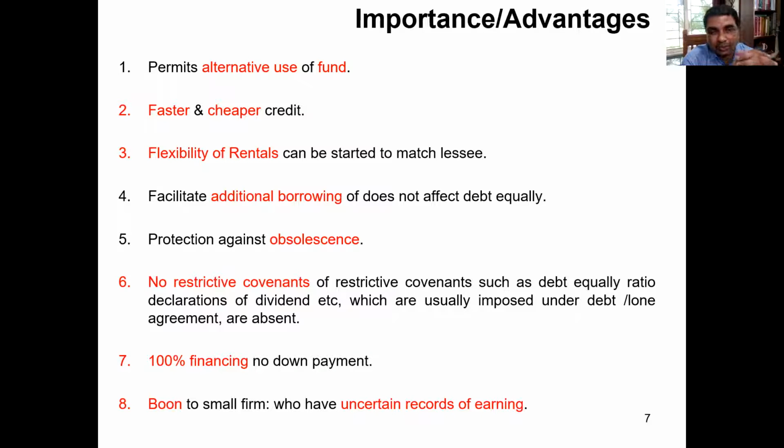Then there are no restrictive covenants such as debt equity ratio. Let us say you are applying for a loan. There are certain issues, like you have to maintain a fixed debt equity ratio. You have to offer some securities. You have to enter into various kinds of complex agreements. Those issues are not there. Maybe sometimes there are also conditions like the lender may participate in the board. That kind of restrictive covenants might be there. But in case of a lease agreement, normally those conditions don't exist.